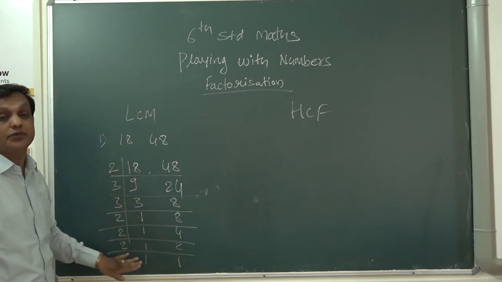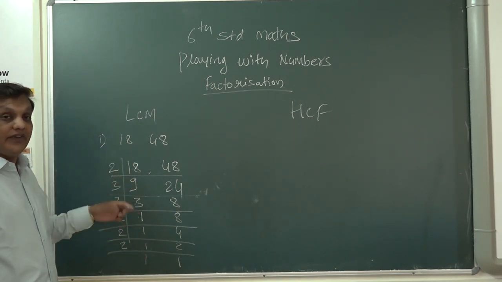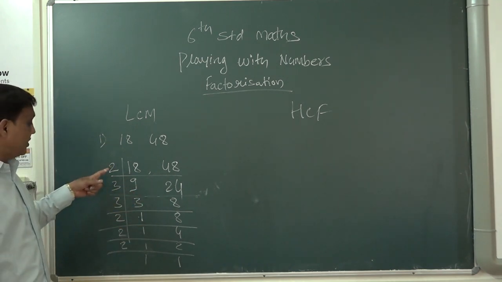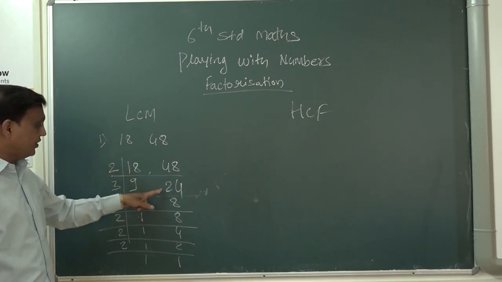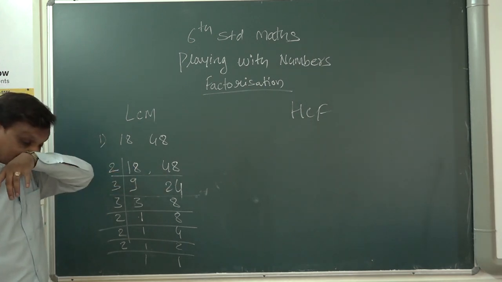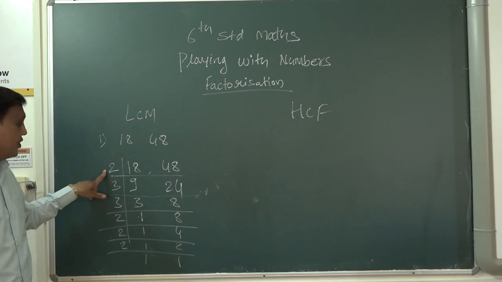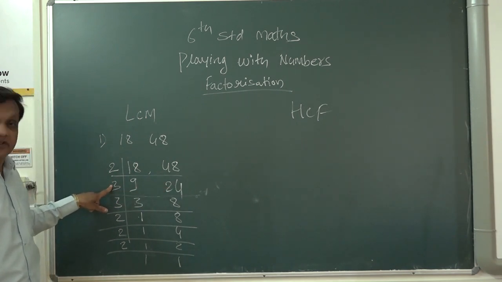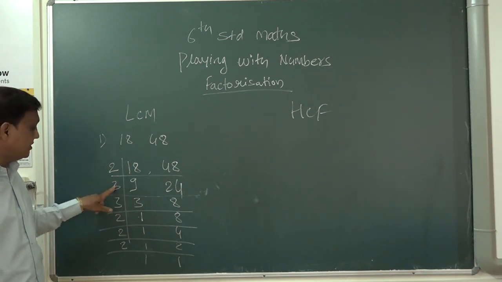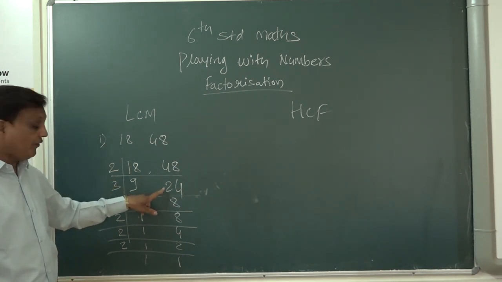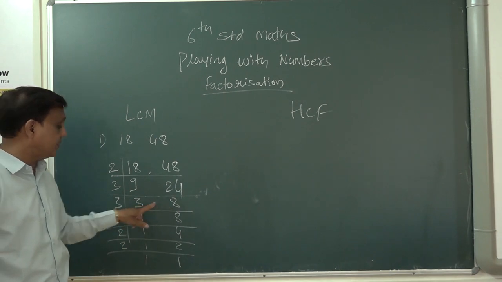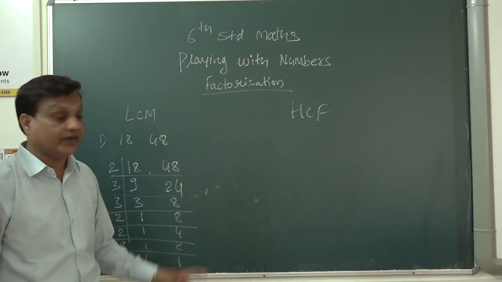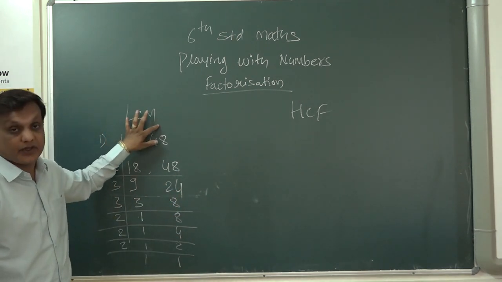You have to continue this process and see which number is coming for that number, means which table the number is going. So here 2 9s are 18, 2 24s are 48. They both are going with the 2 table. So I took directly 2 here. But 9 and 24 again, they are not going in the 2 table, but they are going in the 3 table. That's why I took a 3. 3 3s are 9, 3 8s are 24. After that what happened? If you are seeing here 3 and 8, they both are not coming into the same table. So that time you have to go into a different table. For LCM, for least common multiple, you have to go for the different.